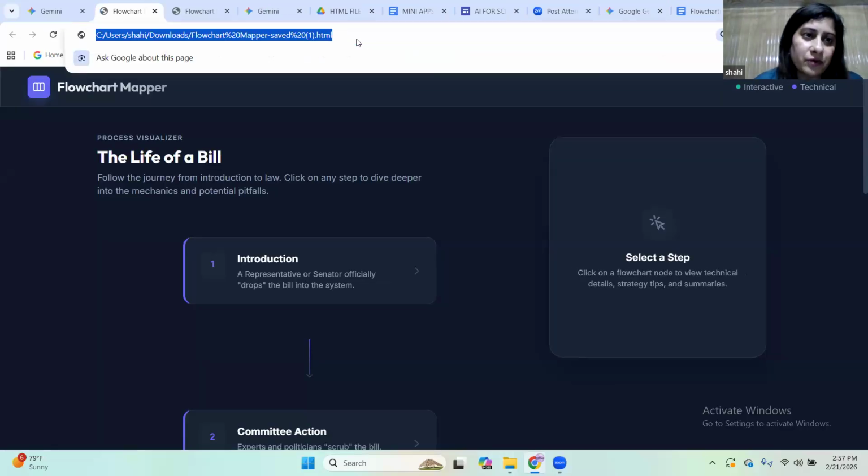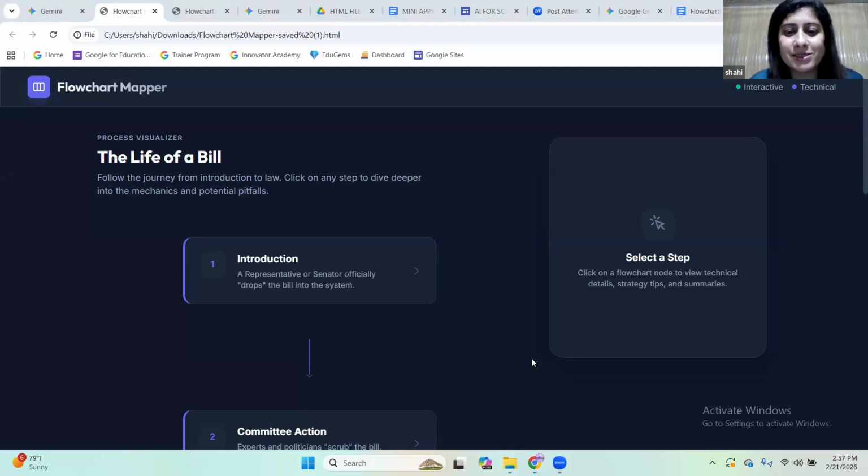Now the problem is, for example, if I share the link of this HTML file with you in the chat, you will not be able to have access to this output, this HTML file. The reason is, Sana, can you open up this link which I have shared?